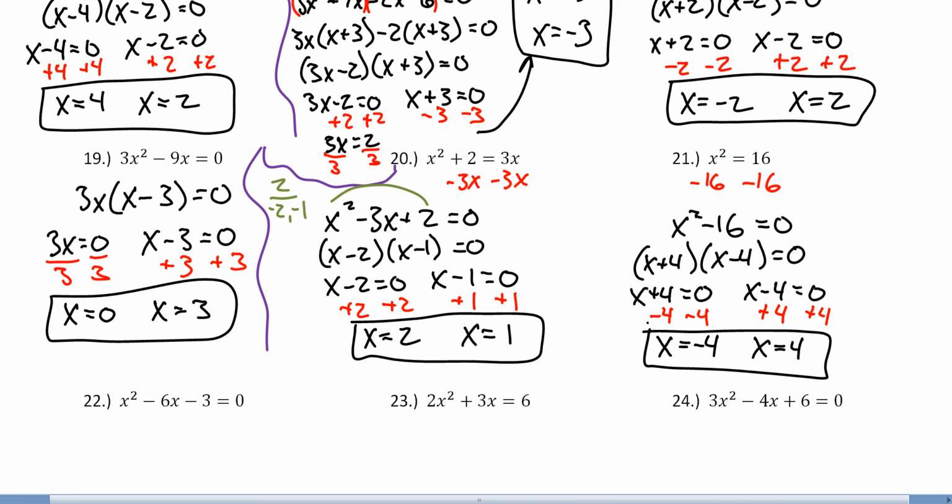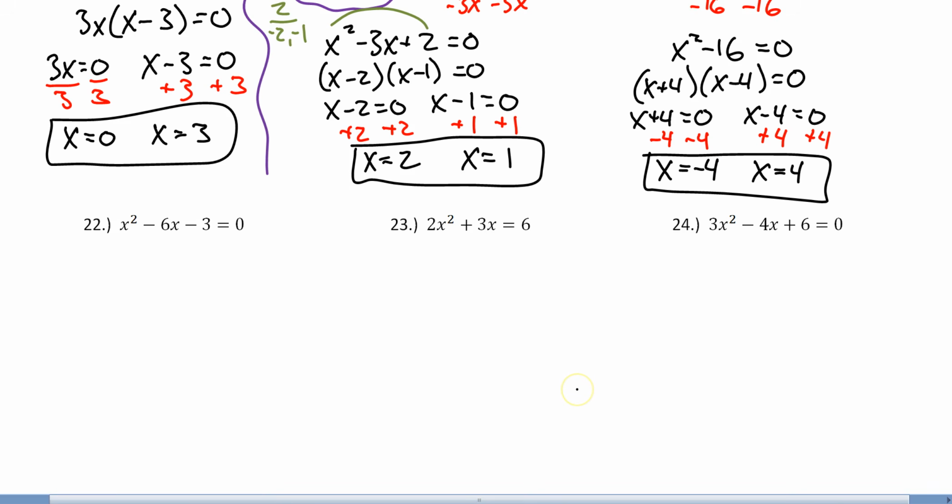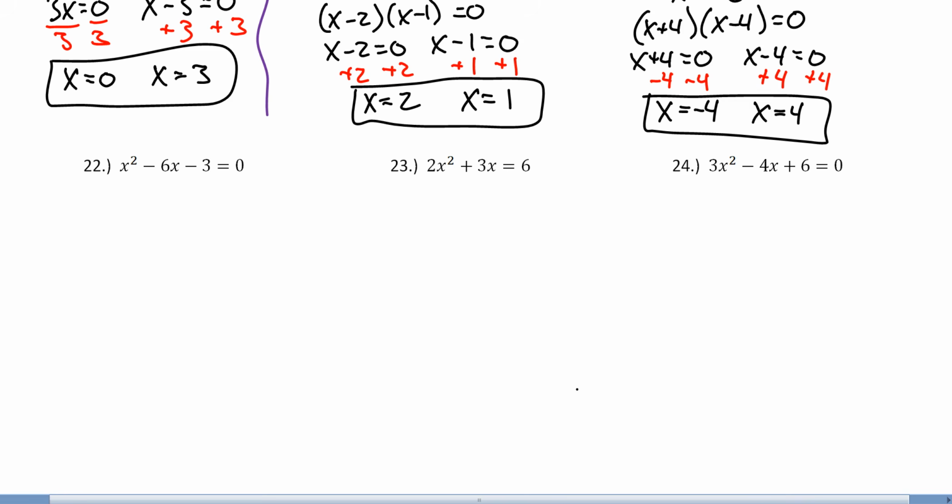Okay. The next one, it's already equal to 0. The first thing I would probably do is build a bridge. So here I go, I'm going to attempt it. Build a bridge. That's a negative 3. Two numbers that multiply to a negative 3 but add to a negative 6. There are no two numbers. It's impossible. That doesn't work, which means this thing can't be factored, which means then I go to my quadratic